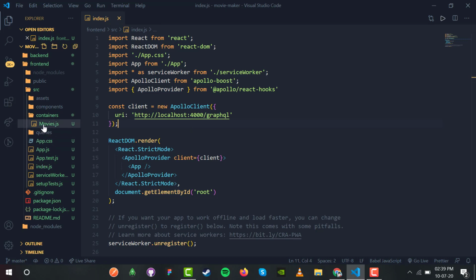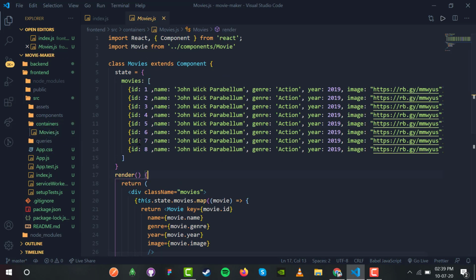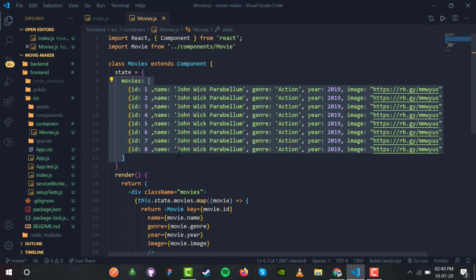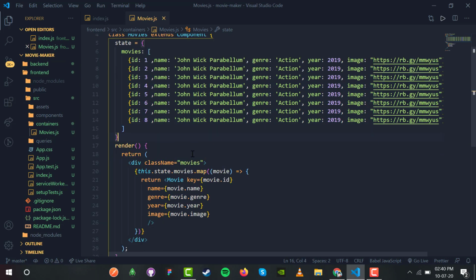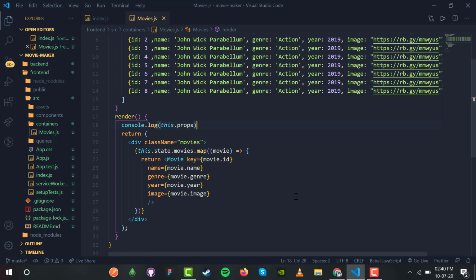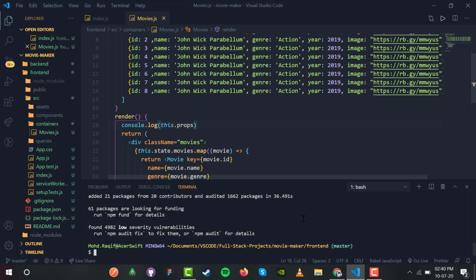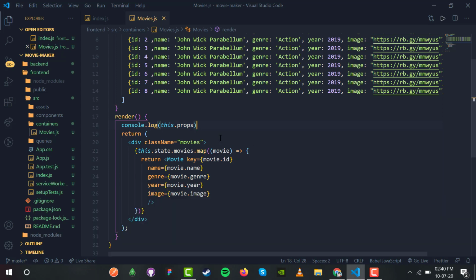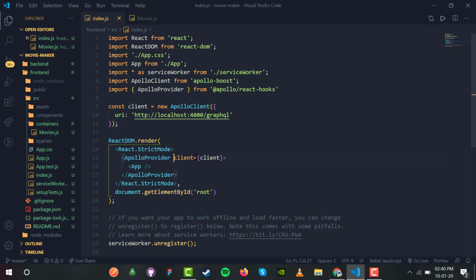Inside a movies component we are going to use the Apollo provider because this is going to render for the first time. So let us see if the Apollo provider provides us with something or not. So console.log this.props. As soon as this component is rendered, we are going to see the props the Apollo provider has provided to it. Okay, so now let us see if it got some props from the Apollo provider. npm start. this.props. Okay, this works fine. It will use the client.